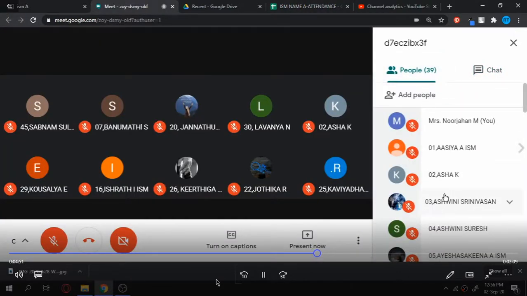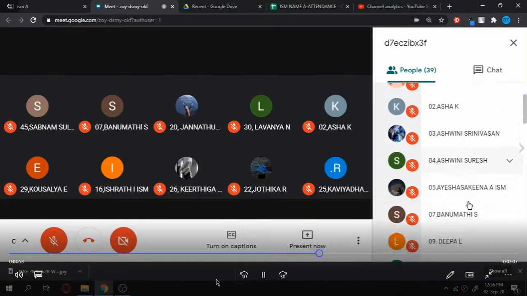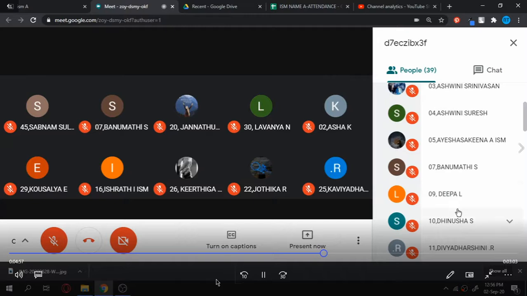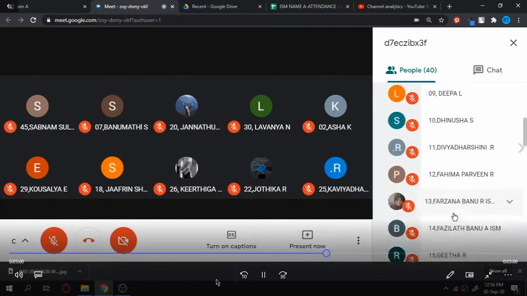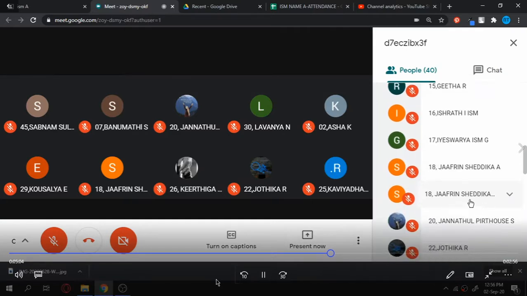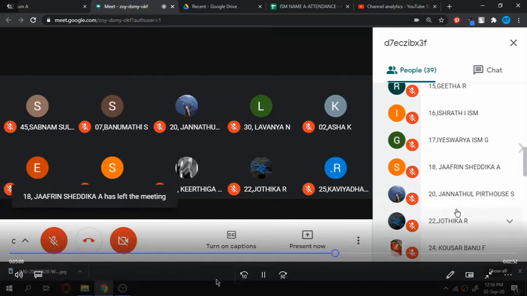So thoroughly go through 1, 2, 3, 4, 5, okay, the order is there. So 6 is absent, I have marked it, and then 7, 8 is absent, I have marked it, then after 9, 10, 11, 12, 13, 14, 15, everyone is present, okay. 18 is present 2 times, you can check it there, okay. Because of this number arrangement, everything is very visible.